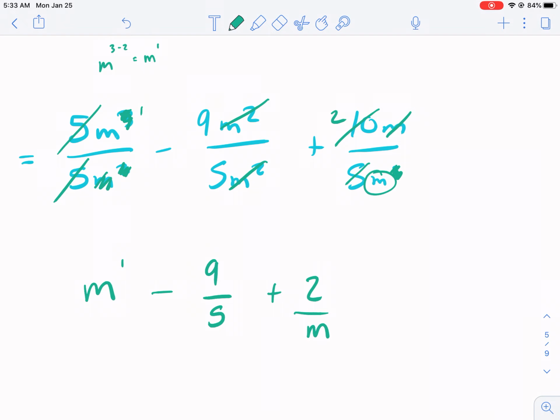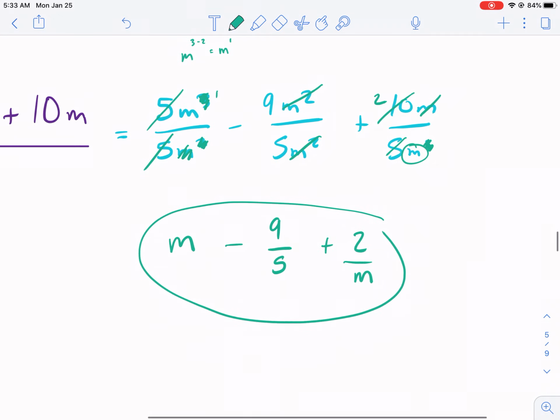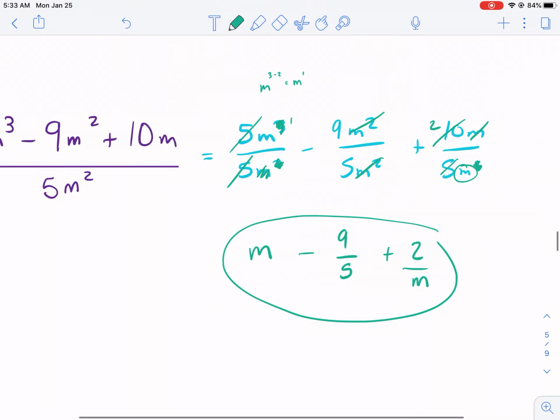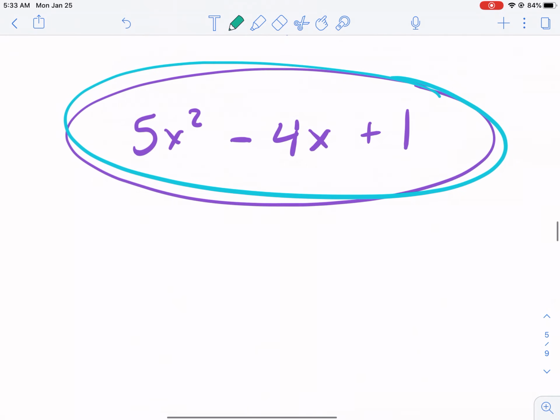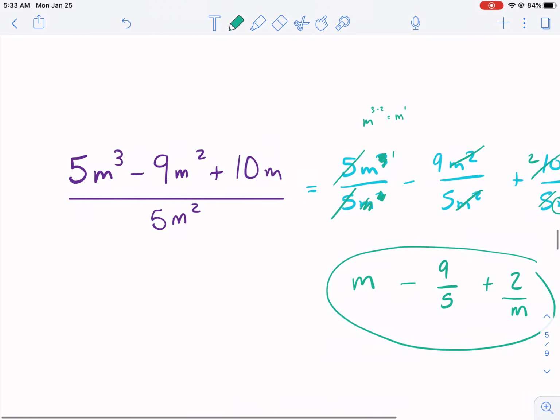That m stays. So this is our new expression that we have: m minus 9 over 5 plus 2 over m. So you can see that it doesn't always cancel nice and neat like it does here. Sometimes you're still left with fractions. So if you take a look at this first one here,